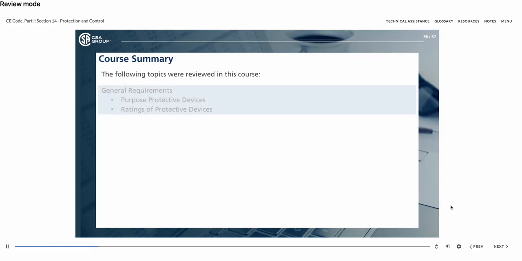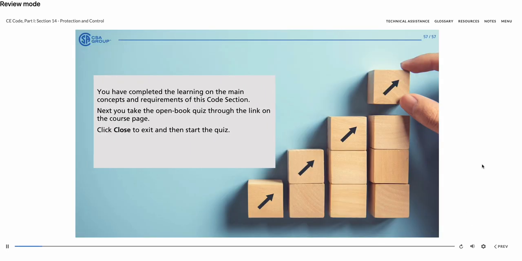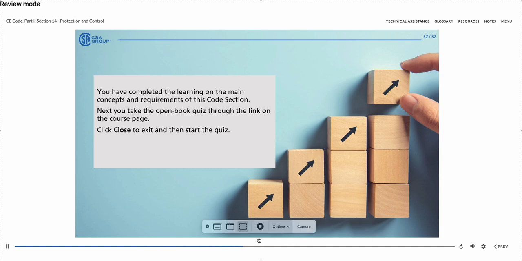You covered a lot in this course. This summary helps you to recall the main concepts and requirements of this code section. You have now completed the learning on the main concepts and requirements of this code section. Next, you will take the open book quiz through